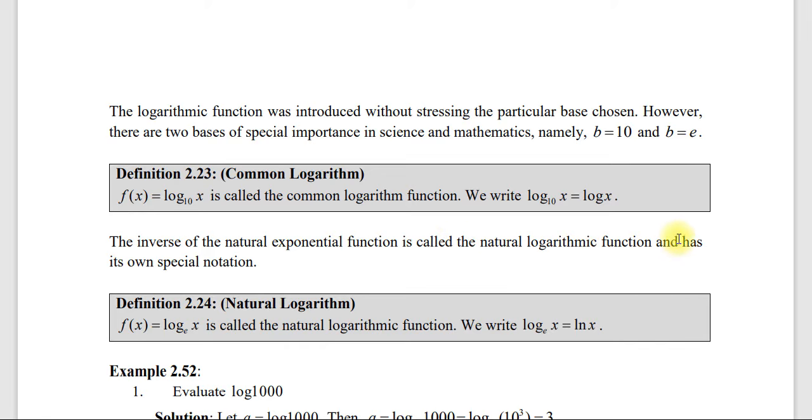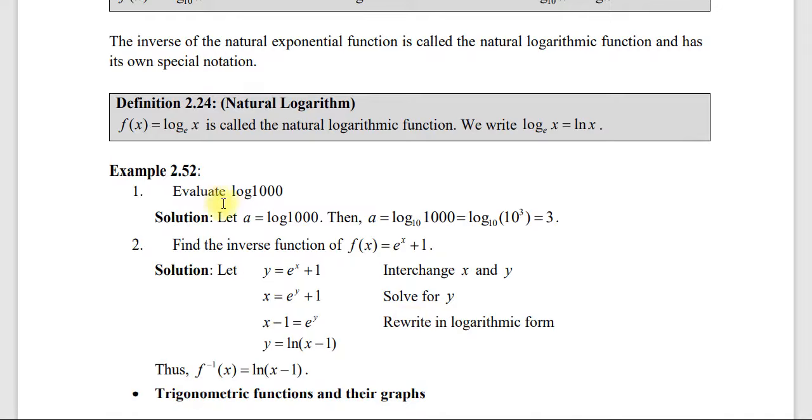The inverse of the natural exponential function is called the natural logarithmic function and has its own special notation. ናቹራል ሎጋሪዝም ሲሆን ደግሞ instead of 10 ምን እንቀይራታለን? e ትሆናለች። So f of x which is equal to log x in base e is called the natural logarithm function. We write log x in base e which is equal to ln x. Okay? ln x ተብሎ ይጻፋል ማለት ነው። ይሄ ናቹራል ሎጋሪዝም ይባላል።